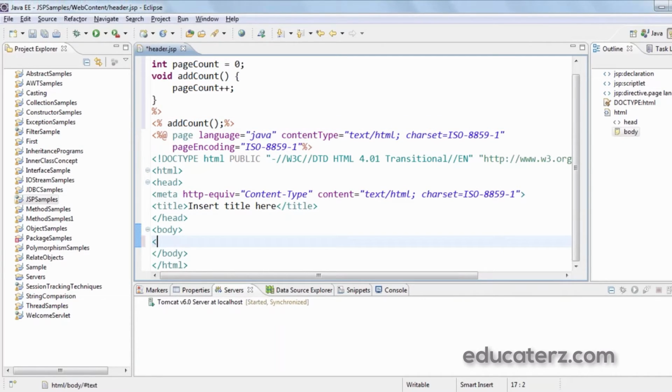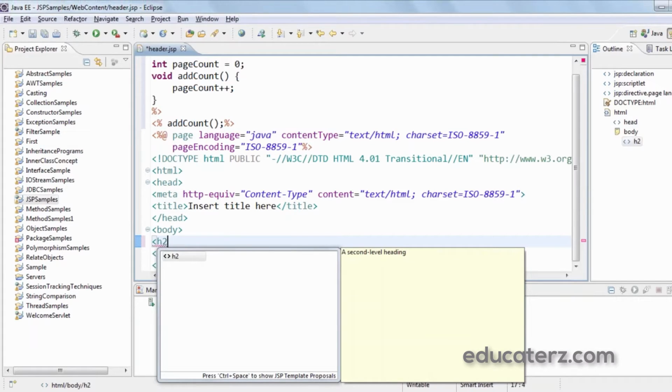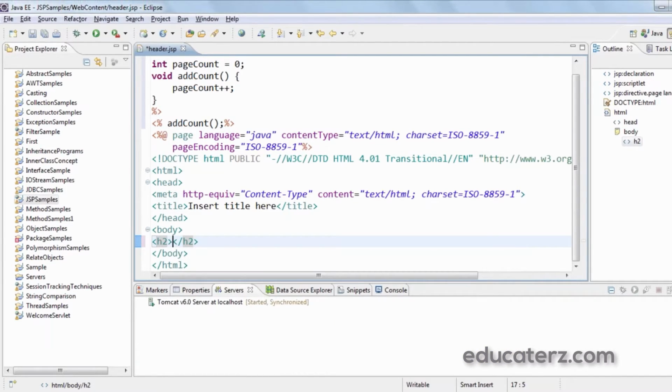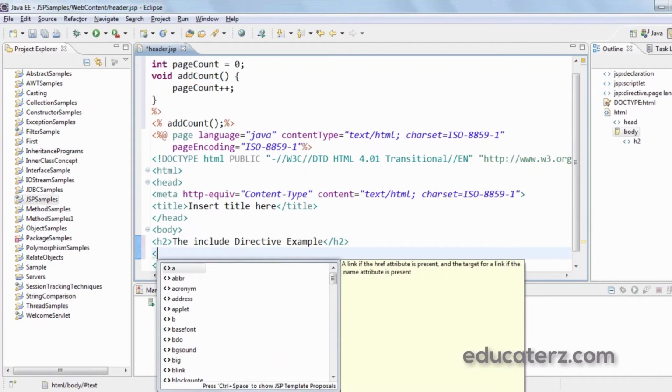Now in the body I just display the include directive example, and I just display the number of times the current page has been visited.